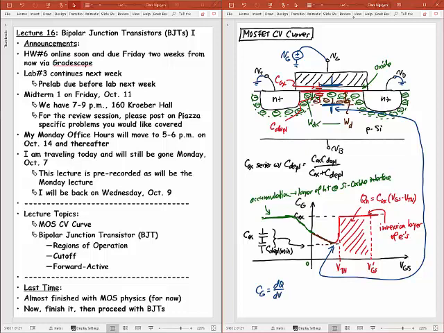It's going to be dQ/dV here, which in this case, when we have inversion, ends up being dQn/dV. And this only happens when the inversion charge can keep up with frequency.